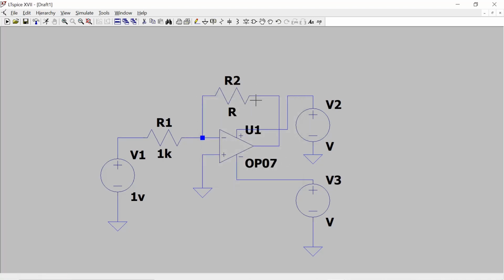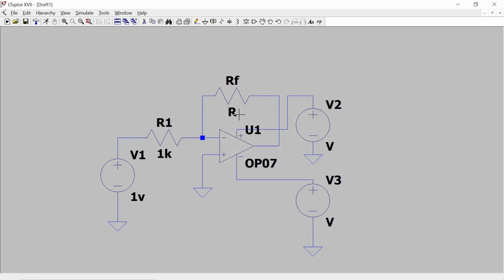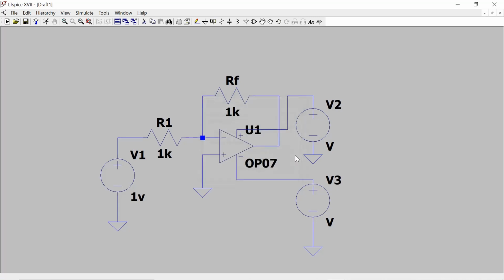This one is the feedback resistance. I am changing this R2 into a feedback resistor, so right click on R2 and name it RF. Here I am going to give a value, for example 1k, which is also your choice.